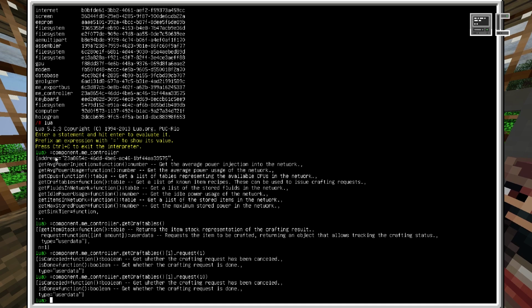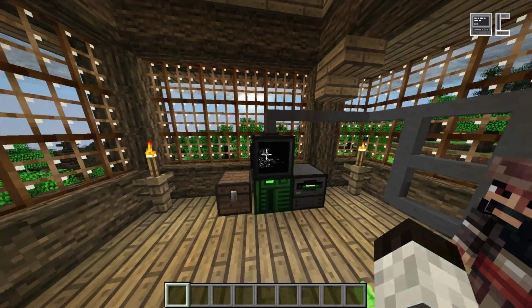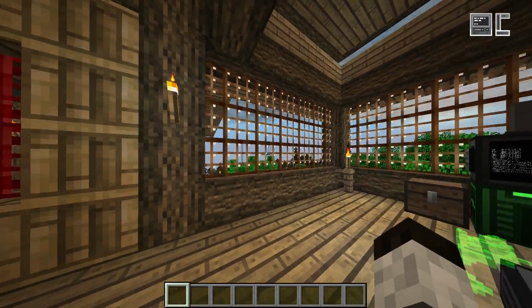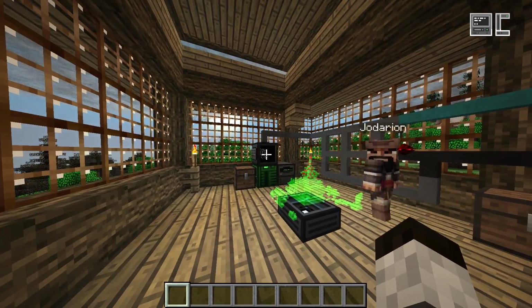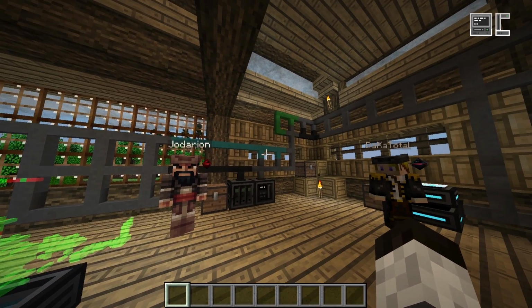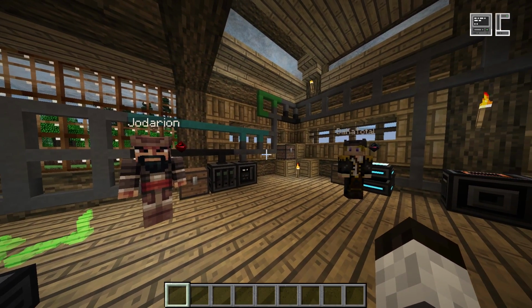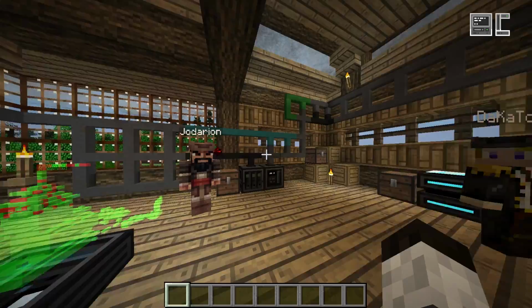And there's of course some other methods you might find useful. So the number of crafting CPUs connected, the list of fluids and items in the network, stuff like that. That's the final part regarding integration, and then we can move on to the new major changes, which I sort of mentioned earlier,